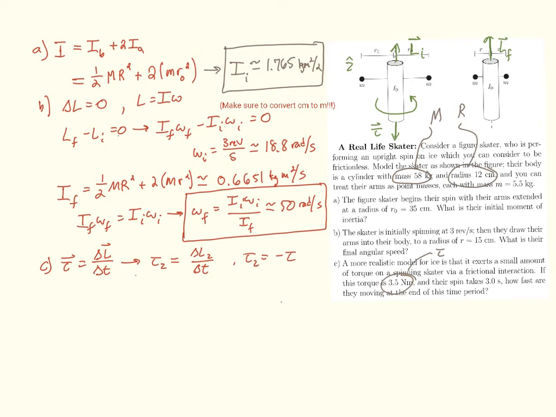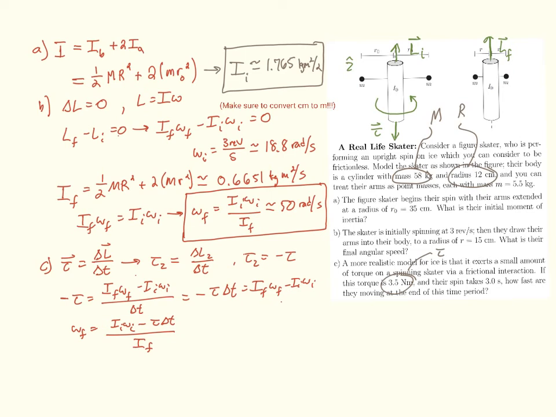Okay, well, the next steps are pretty easy. We just need to apply what we know about delta L to this formula. So that's the left-hand side. Tau times delta T equals delta LZ, which is IF omega F minus I omega I, divided by delta T. First thing I'm going to do is multiply times delta T to get it off of the denominator. So that's minus tau times delta T equals IF omega F minus I omega I. And we're just looking for the final speed, so move this to the other side and divide by IF,